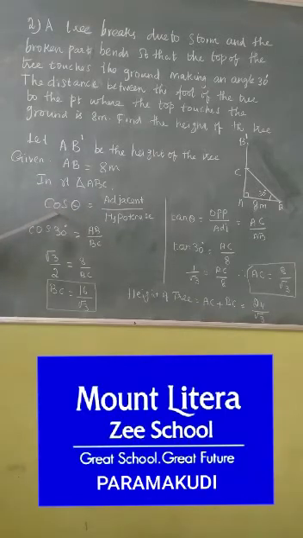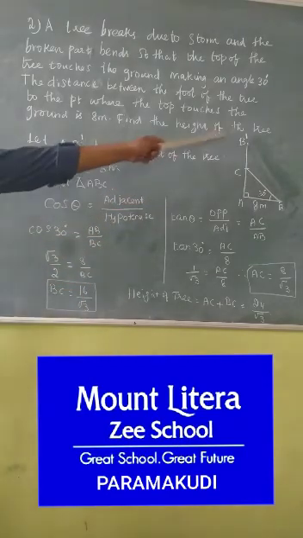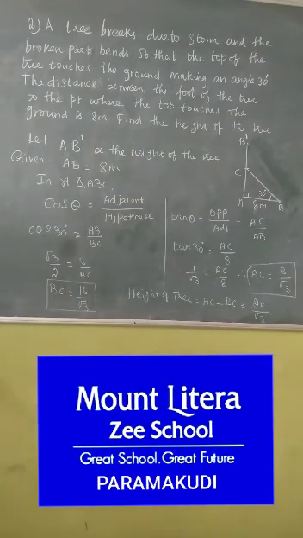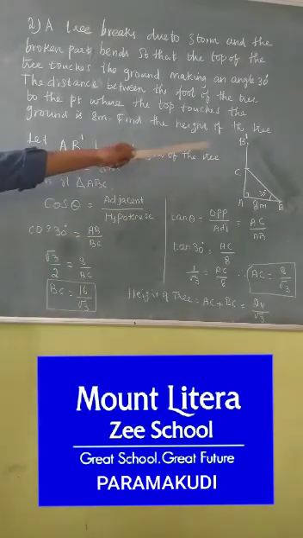Here I will take cos theta. What is the cos theta formula? Adjacent by hypotenuse. Adjacent is AB and hypotenuse is BC in the right angle triangle. So cos 30 degrees is equal to AB by BC. Substituting the values, cos 30 is root 3 by 2, AB is 8, and BC. Now cross multiply, we get BC is equal to 16 by root 3. What is BC? BC is the broken part. Now for the remaining part AC, I want to find the AC value.